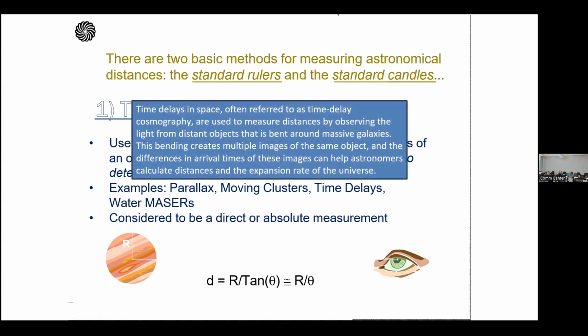And then time delays. By observing the light from distant objects that's bent around massive galaxies, and figuring out the difference in the arrival time of the images. I'm not really sure how this works. Apparently it does. Light bending around massive galaxies, well, it would be gravitational lensing. I don't know how that's used to determine distances, but